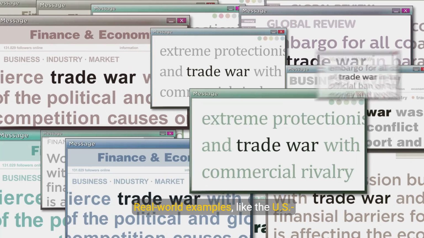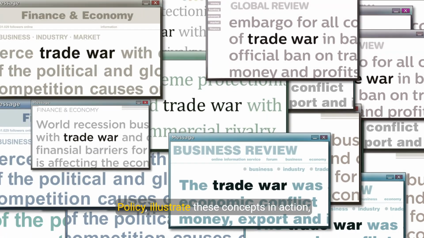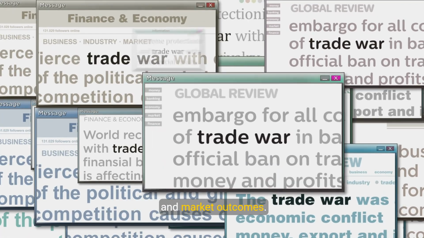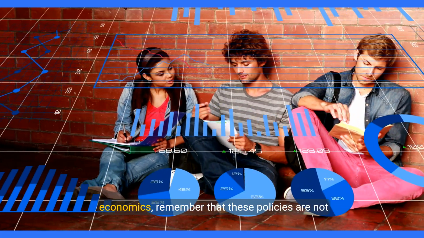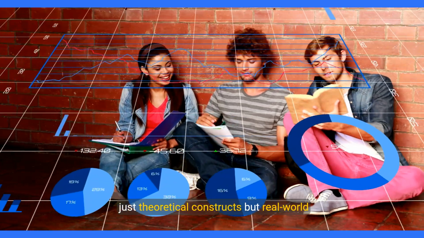Real-world examples like the US-China trade war and the EU's Common Agricultural Policy illustrate these concepts in action, highlighting the complex interplay between policy and market outcomes. As you continue your journey in understanding economics, remember that these policies are not just theoretical constructs, but real-world mechanisms